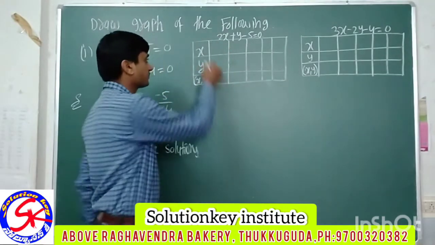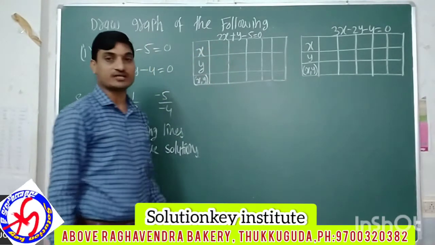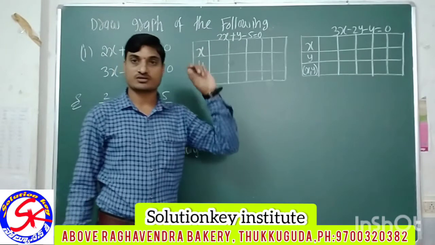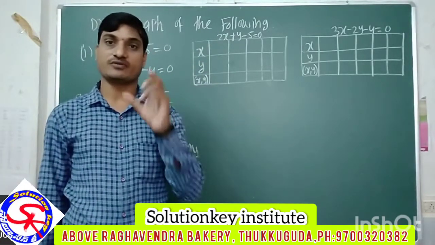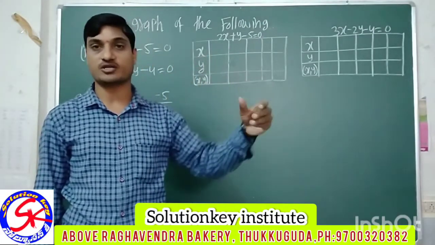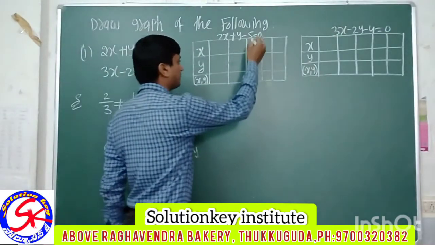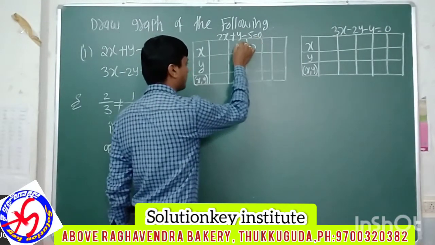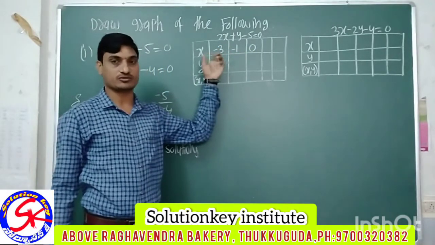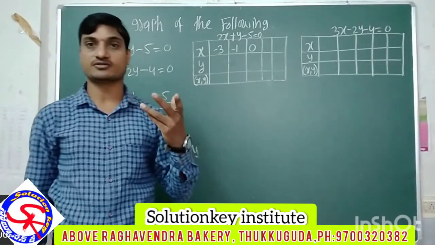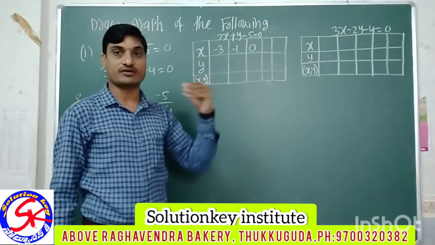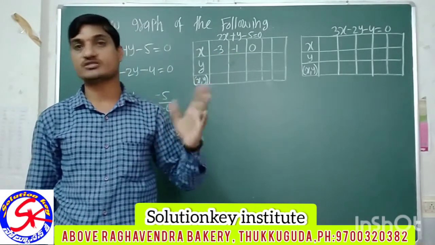In this box, what are the values of x and what are the values of y? First choose the values of x. Whatever values satisfy, you can take any values: larger numbers, negative numbers, zeros or positive numbers. So I am filling first 0, and here I am taking minus 1 and here minus 3. It is your wish; you can take minus 2 also, minus 5, minus 10. You can take any value.